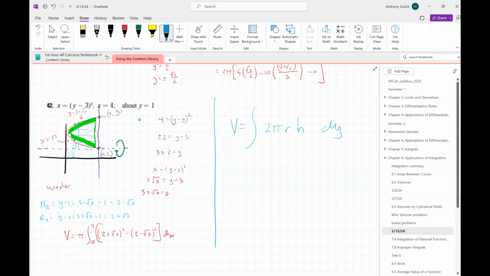So yeah, here's what we mean. The shells that I'm building are doing this. So this is my radius and that's my height. So the radius that I'm picking is like,